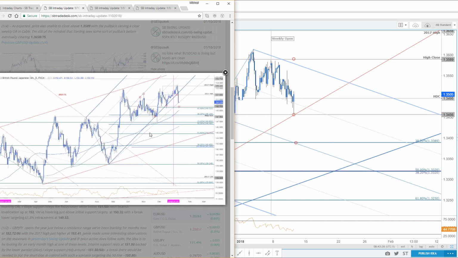Pound yen on the daily, basic slope support, a pretty major break, fueled a drop into this little parallel, or this little slope here. So this is a basic two-point touch trigger support I noted yesterday. And I said this could offer a little bit of a support bounce, but ultimately you want to stay bearish below the monthly open here.